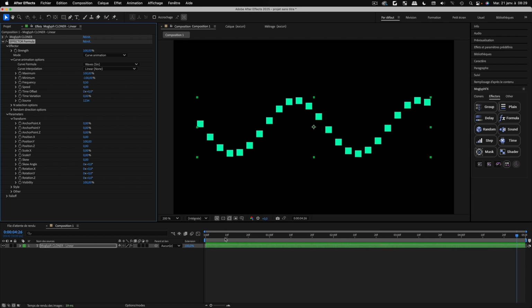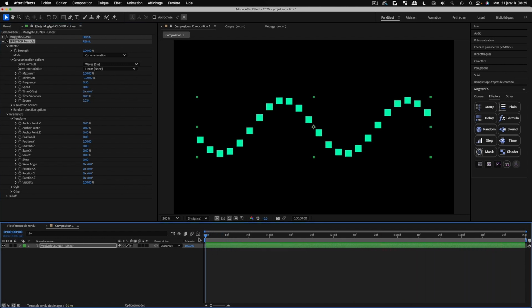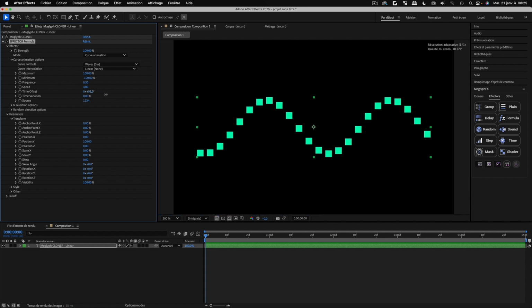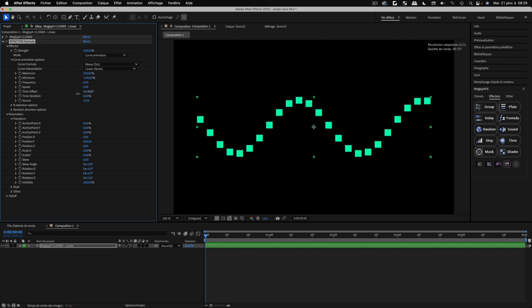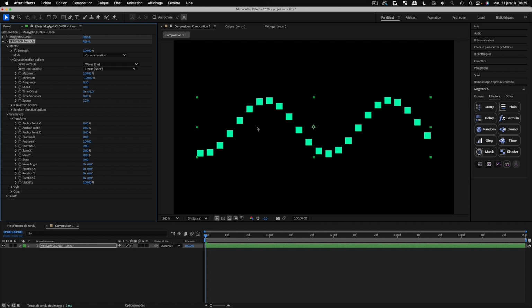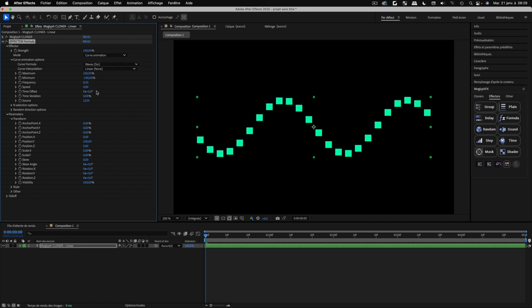If we go back to frame 0, we also have the ability to push the time offset to something that is not 0 degrees. In this case, you will progressively change and offset the phase of my wave animation. And if I undo that, I can also add, which is very cool and we didn't have this option before,